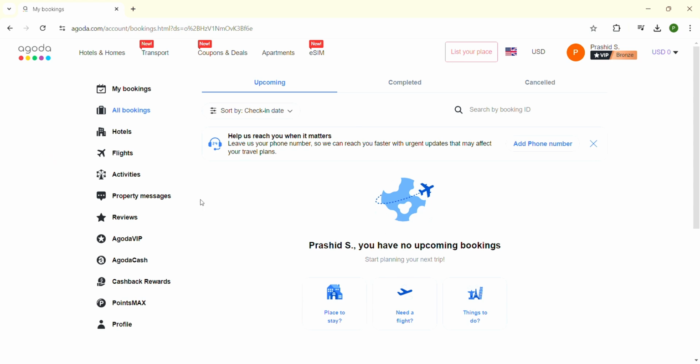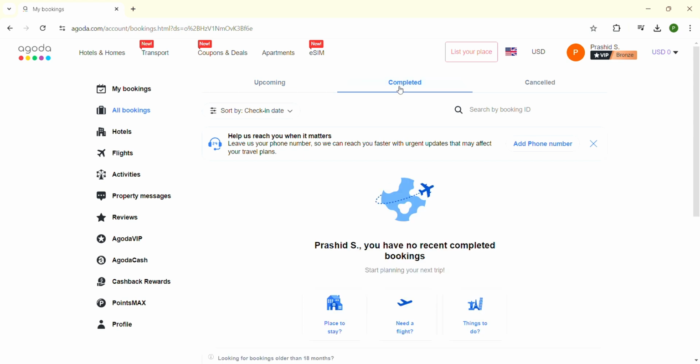And this is the section where you will be able to check the Agoda bookings that you have made previously. You can also see the completed bookings and the cancelled bookings. So this is how you can easily check